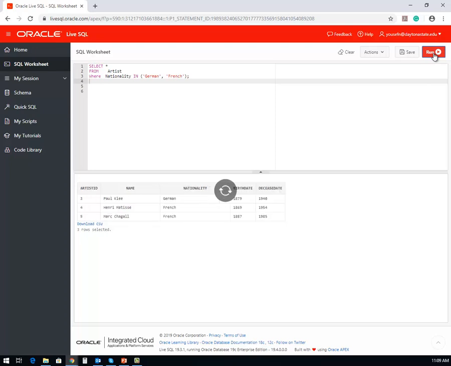And run. Now notice that it displays the record for German and French, but did not display the last record, which was for nationality Russian. That means that we eliminated based on the condition that we have here with where and in, and we have a domain that we need to select from. So if we say where nationality in